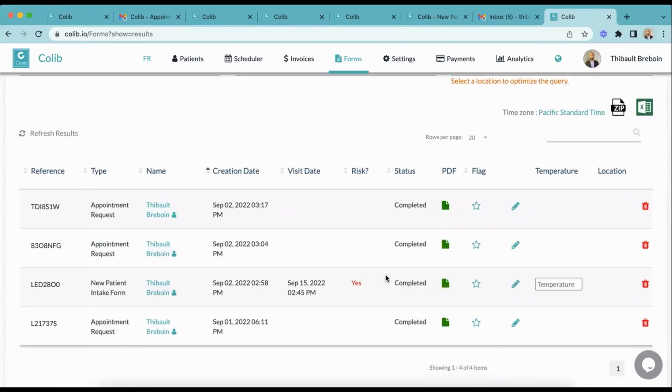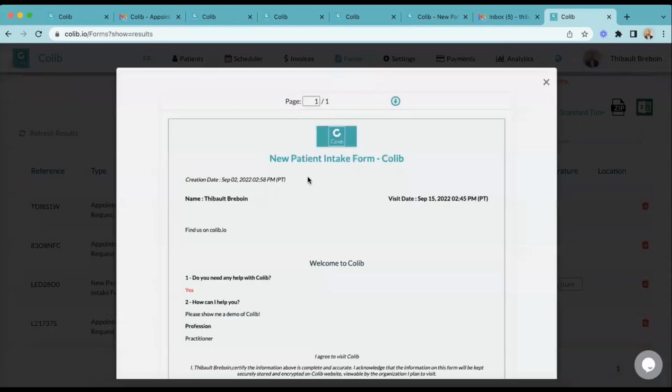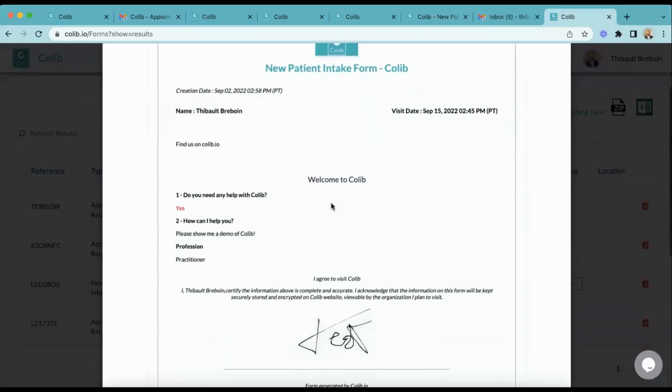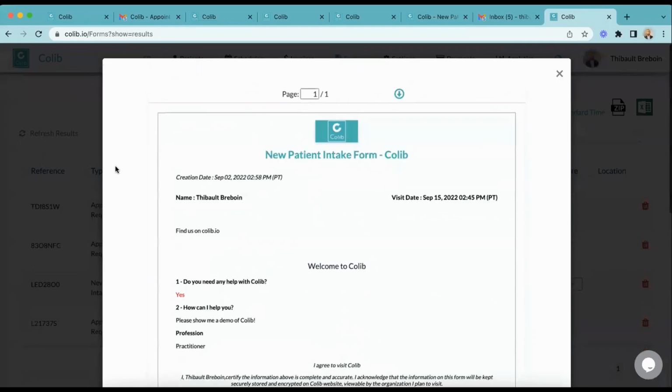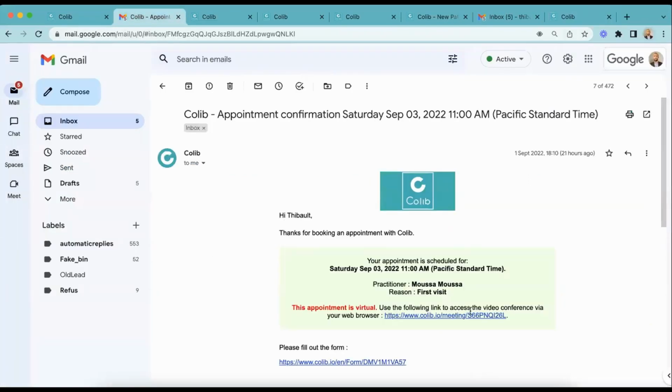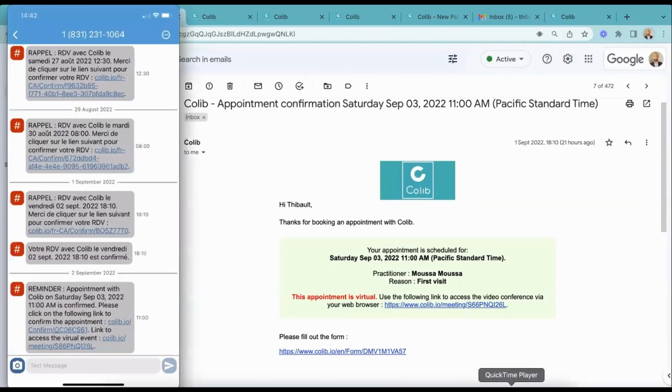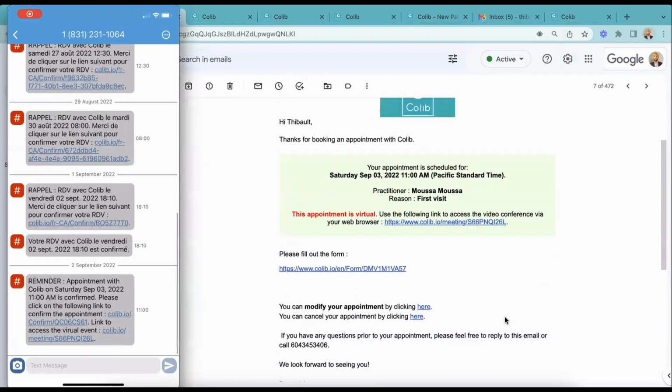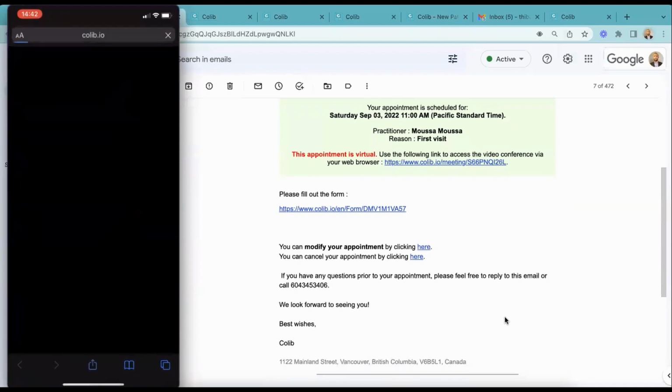So yeah, and that's basically it for forms. Of course, we have lots of other forms. The intake forms, this is a very quick and simple version. So moving on to the communications, you can see here both email that are being sent for the appointment